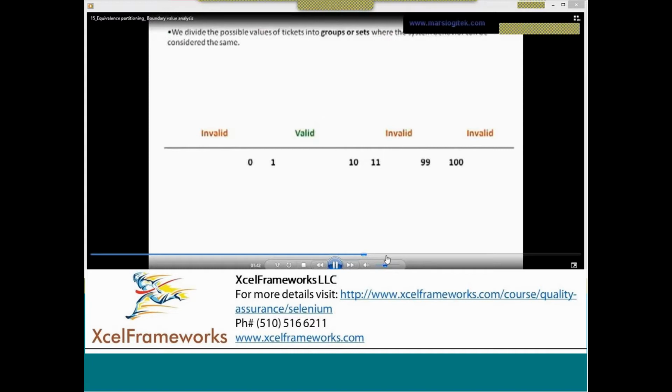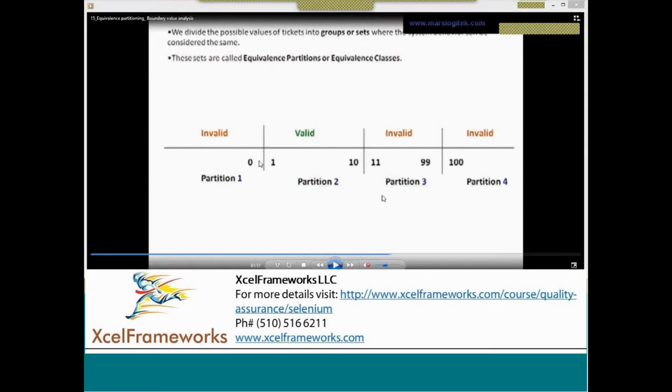So what we do here is we try to partition the things. I'll call this partition 1, partition 2, partition 3, and partition 4. It's something like a group actually. In partition 1, only invalid cases can happen. Or probably when I say less than 0, you can try with a negative number also, like -1.